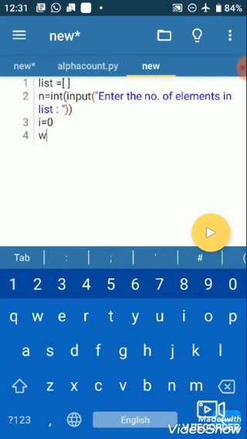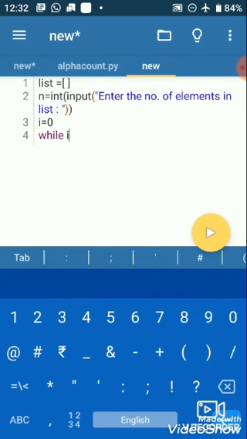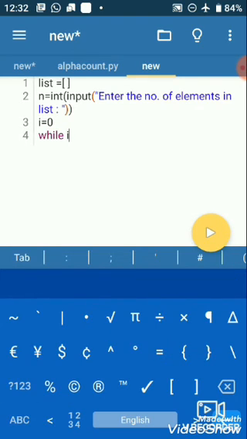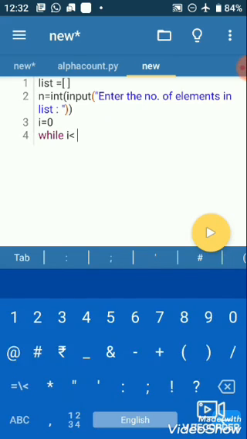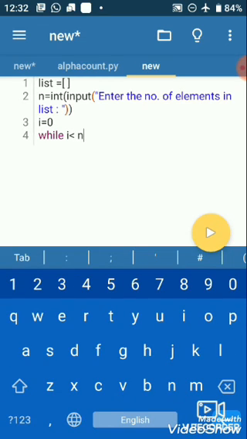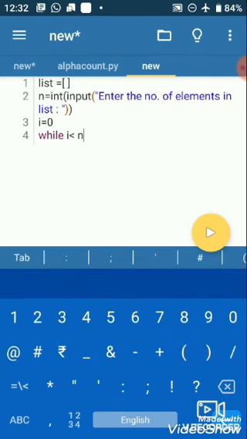And now while I is less than n, while I is less than n, the loop will run, means the number of times input by the user.